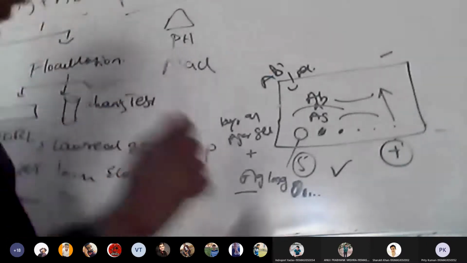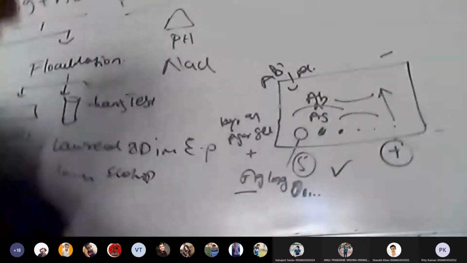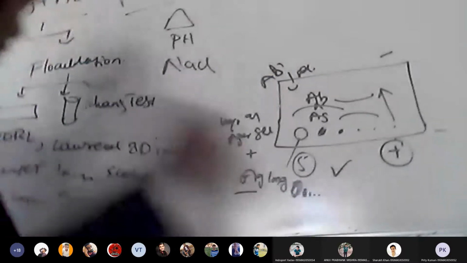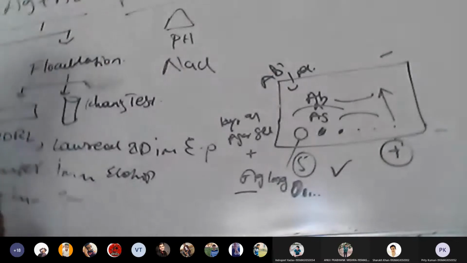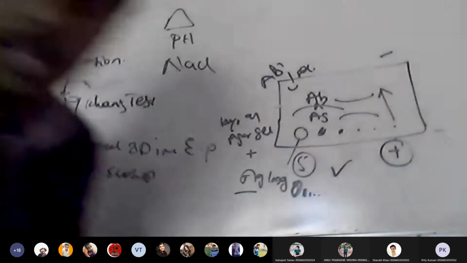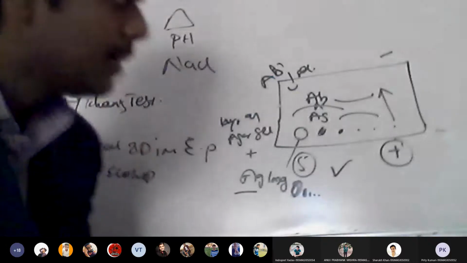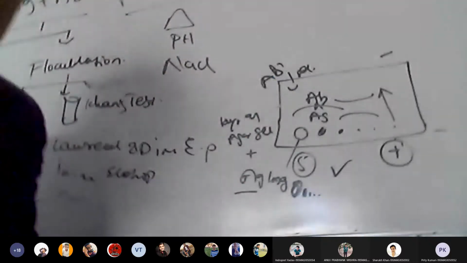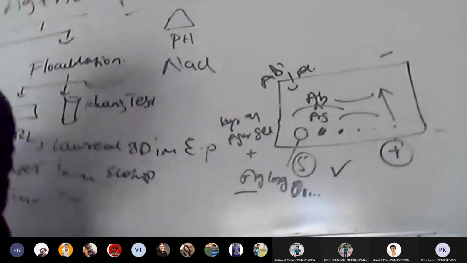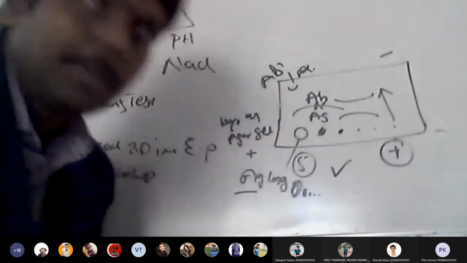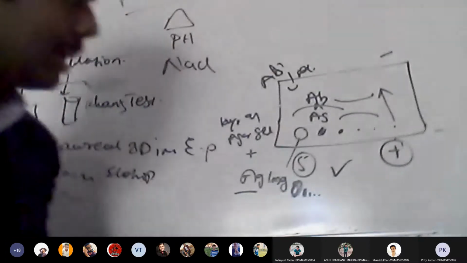Your homework is you need to identify the uses of all these tests. What are the uses of Laurell two-dimensional immunoelectrophoresis? What is the use of counter immunoelectrophoresis? Use of rocket immunoelectrophoresis? Use of Ouchterlony procedure? Use of oculofulthorpy? Use of radial diffusion and use of Ouchterlony. That is your homework. You need to give me uses of all the tests. So this is all about the precipitation tests, students. This is the complete spectrum of precipitation tests. Is this concept clear for everyone? Any more confusions in this?